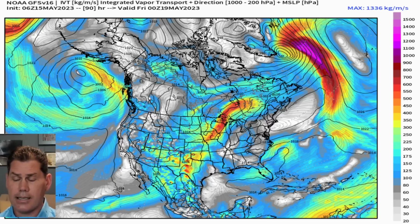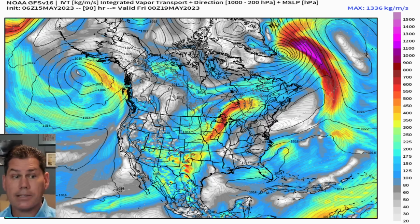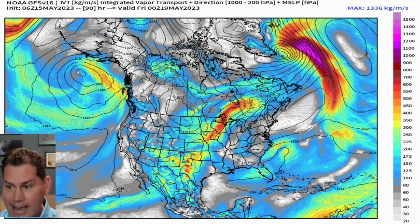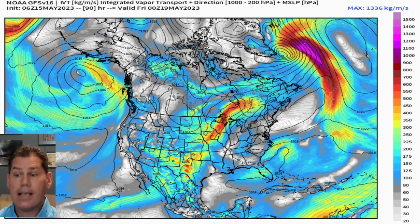You can actually see this transport index coming in off the southwest flow. Southwest wind is a high wind. It's a warm wind, and it has a lot of moisture content to it because the lift comes in from the south, and that's where the water is. It pulls it inland and taps into some of those higher dew points that are draped across portions